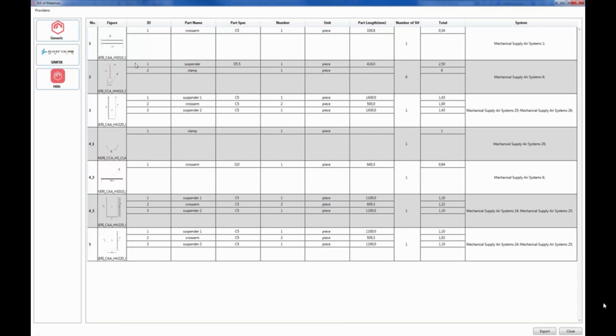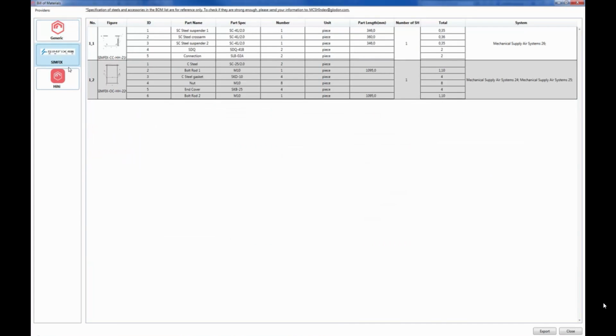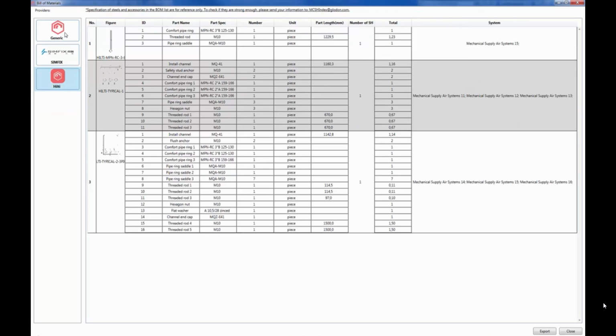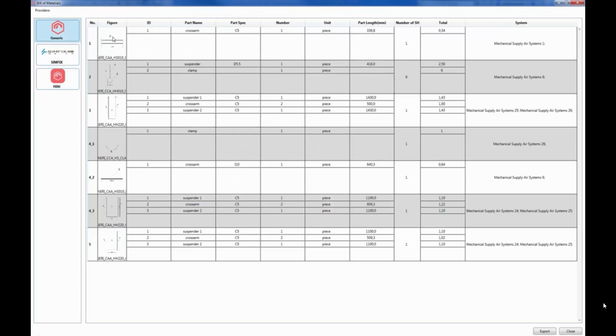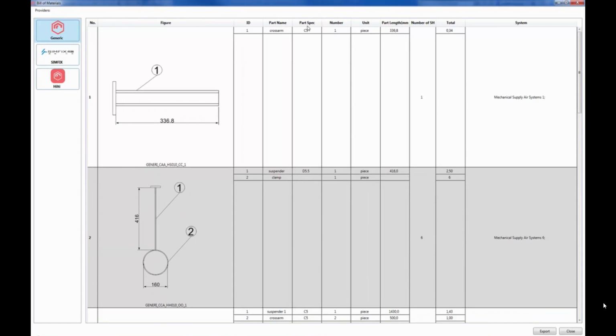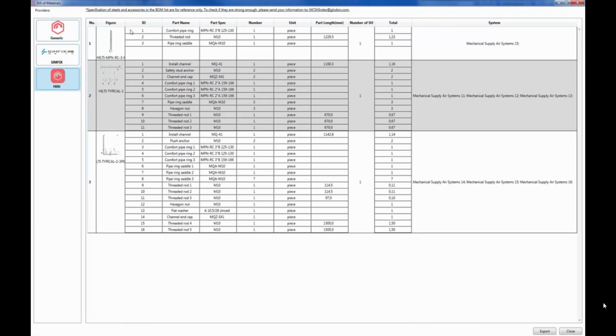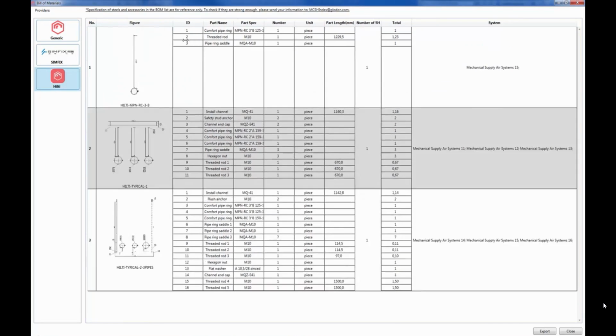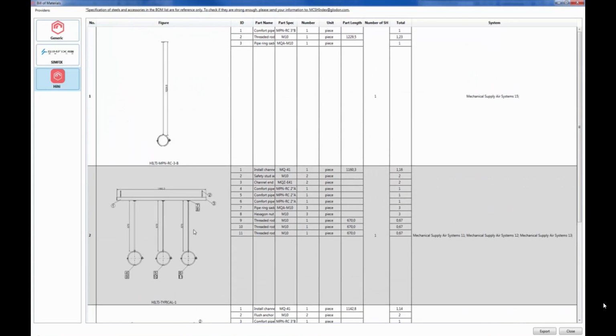The bill of material report is summarized. This one is according to the generic one, the supports made from Simfix and also from this Hilti database. If you look at the generic one, then we can also see the lengths, we can see the figure, we can see ID, part name, specifications from the generic system. If we go into this Hilti part and we look at the one we just ran in ID2 mode,